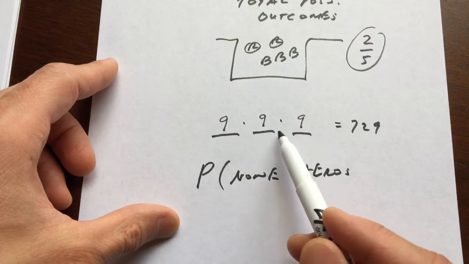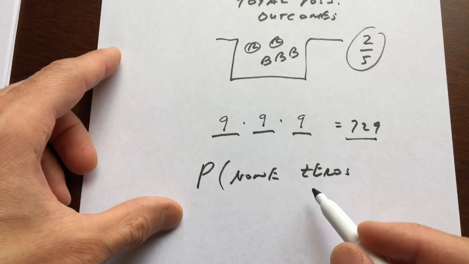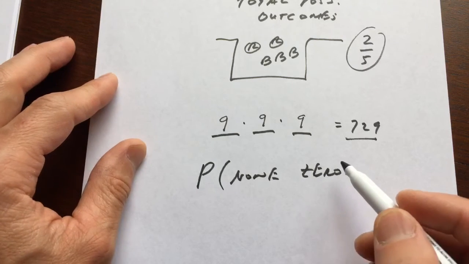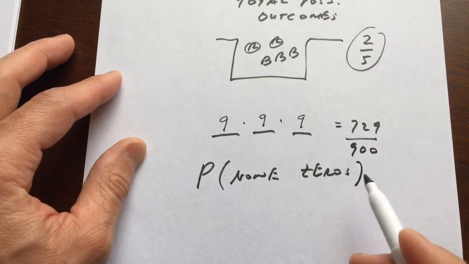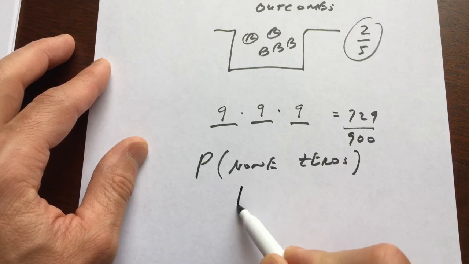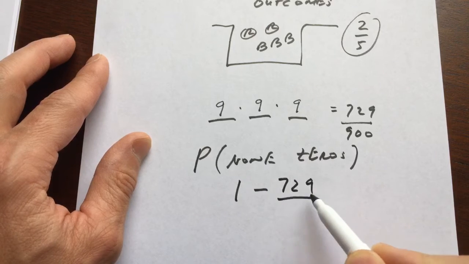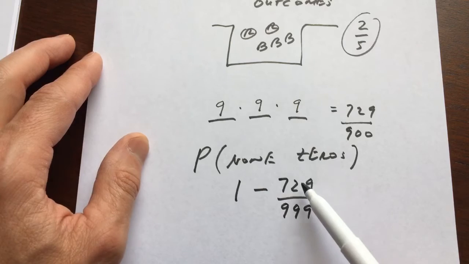So basically, what you would do then is say the probability of not having any zeros would be 729 out of, well, let's see, how many numbers are there from 100 to 999? Well, there's 900, right? So that'd be 900. But Tana's jumping in, she's saying, should you subtract the none that have zeros from 1? Yeah, that's exactly right. So we're going to do 1, which represents 100%, minus what we don't want, which is the probability that it doesn't have any zeros,